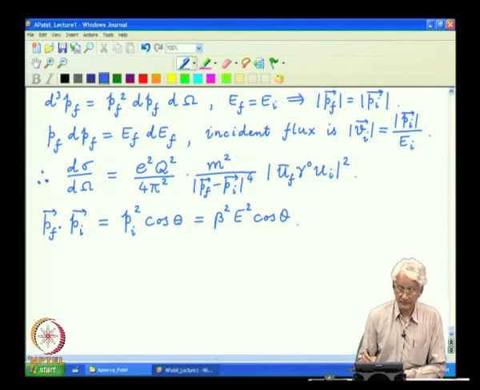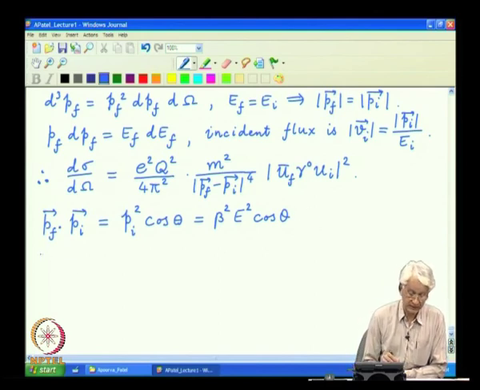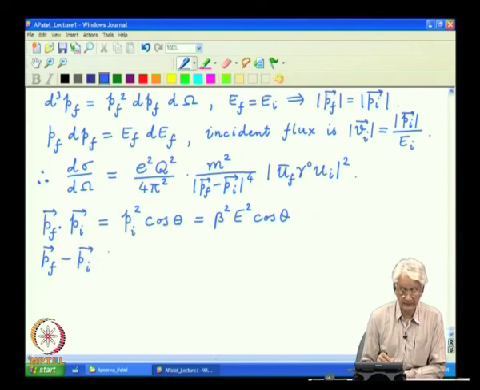And so, one can actually calculate the square of this object as well, which is P f minus P I whole modulus square is equal to P f square plus P I square minus